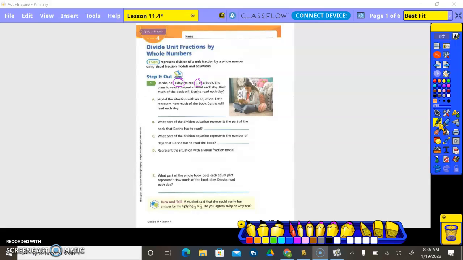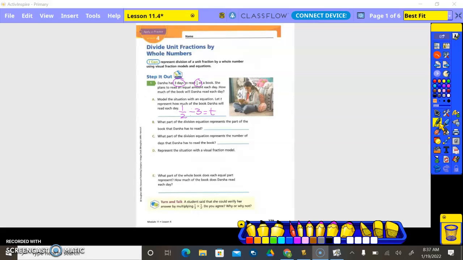Let T represent how much of the book Darsha will read each day. So we need to start with our total. What is our total? Is it always the total listed first? No. Okay. So what are we looking for? How many pages she can read, right? So what do we have left? What's the total? The half. She has half of the book left. And then she's going to read it divided by 3 days equals T, or how much she can read each